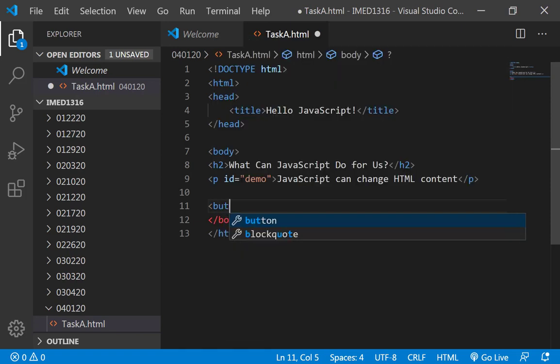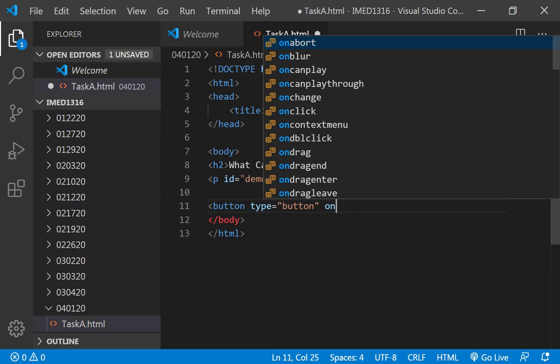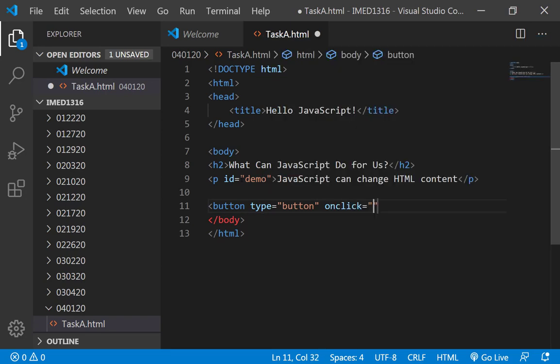I'm gonna put in a button. I'm gonna do type, which is gonna be button. When I click on this button, hit tab, and one of the things I'm going to talk to you about is whether it is a single quote or a double quote. It doesn't really matter what I use here, but just to keep it consistent, I always like to use the